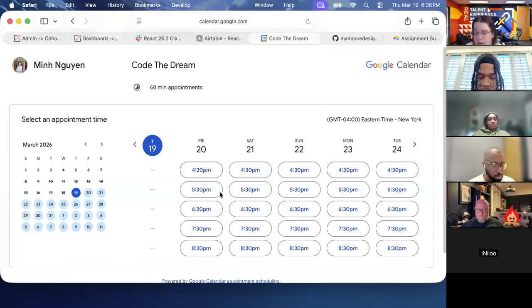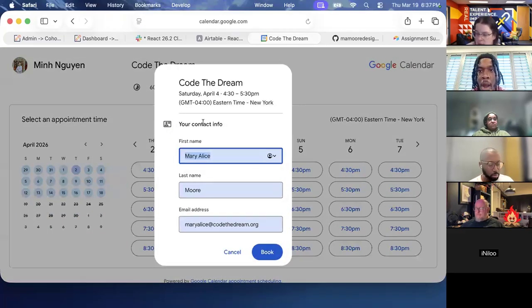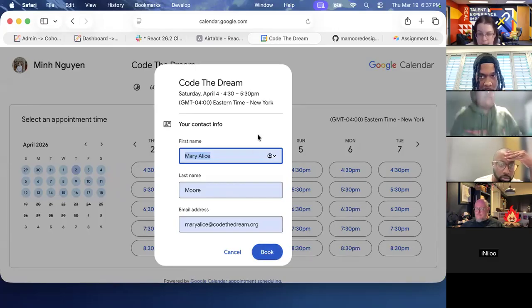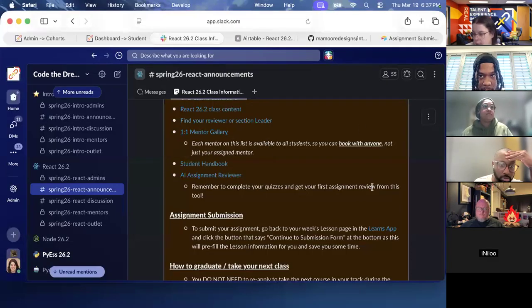It will take you to whatever their scheduling platform is. Some of them might use Google Scheduler like Min has here. Some of them might use Calendly, so they might look a little bit different. But any days that they have appointments available will be blue bubbles. So you can pick the day and time you want to meet, and fill out information about who you are that's meeting. You'll put in your email address so you can get a confirmation you've scheduled, and then you can book the appointment and both of you get an email reminder that you're going to meet with so-and-so at such and such day. So it's a pretty helpful, user-friendly tool for the most part for being able to set up one-on-ones